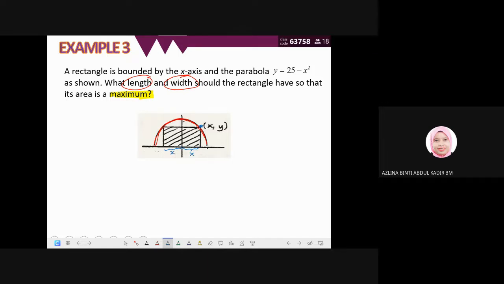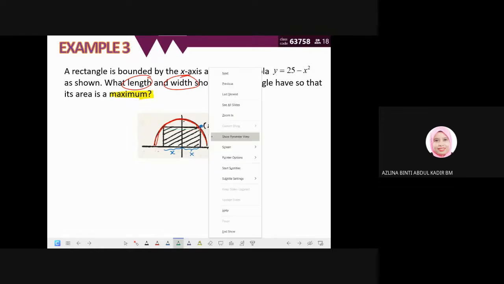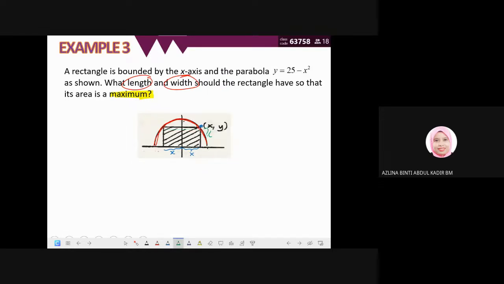Okay, then distance from hijau ni, sini, kat situ adalah y. Okay, so apa yang boleh kita nak buat ni dengan tahu jarak dia x tu dengan y tu, apa yang boleh kita buat adalah